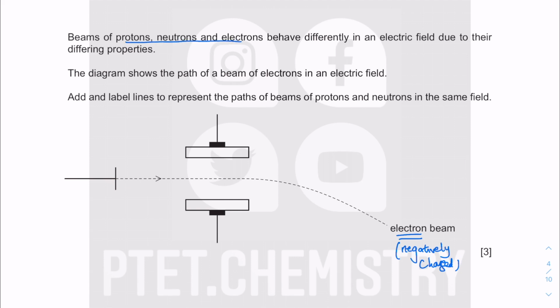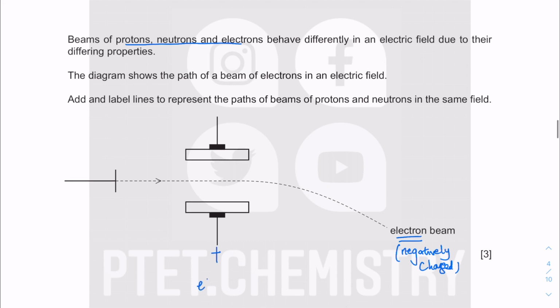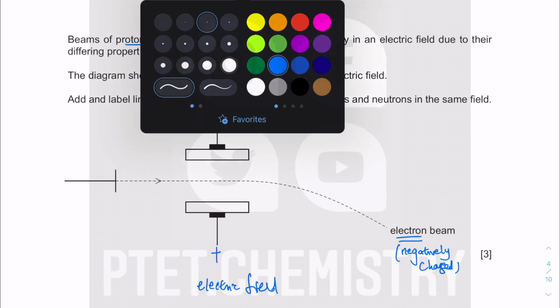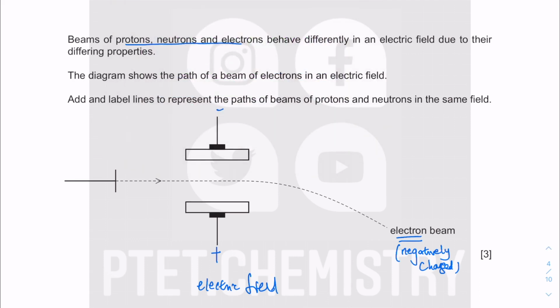You fire them in the presence of an electric field. Electrons are negatively charged and are attracted. They're deflected because they're attracted towards this terminal. Negative attracts positive, so this must be the positive electric field, which means this must be negative, which means what do we have? Which means we must have